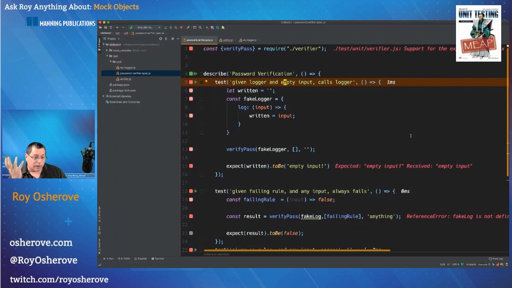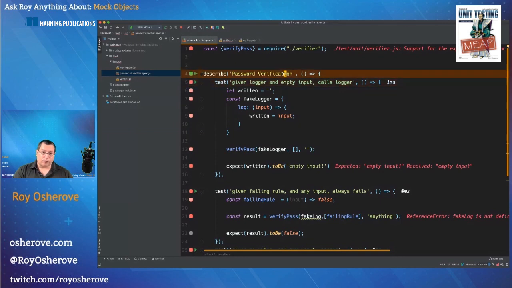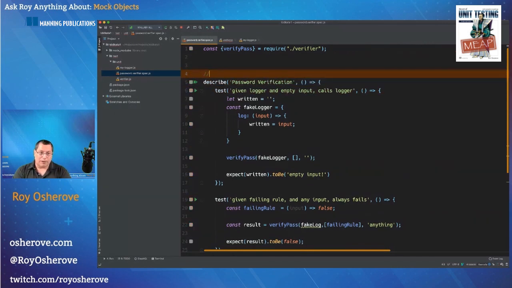Xenon.js would be one of them. Testable would be another. And a lot of them take a lot of the stuff that I just did manually and they make it a bit easier. So that's basically it. But as long as we understand the difference between mocks and stubs, we should be more than okay. And of course, if you want to learn more about these differences,